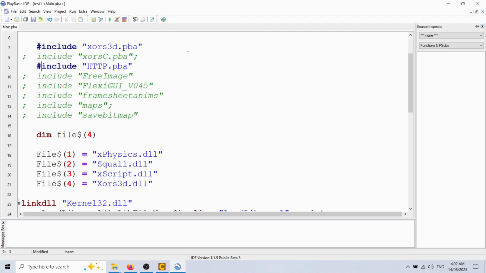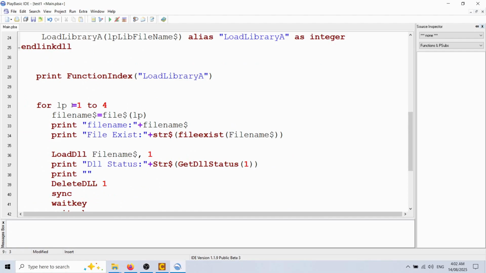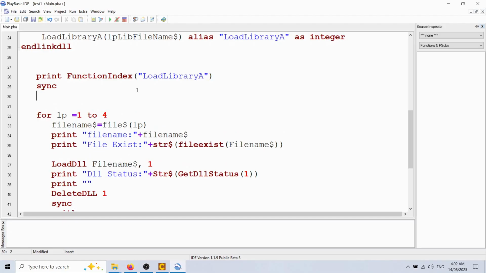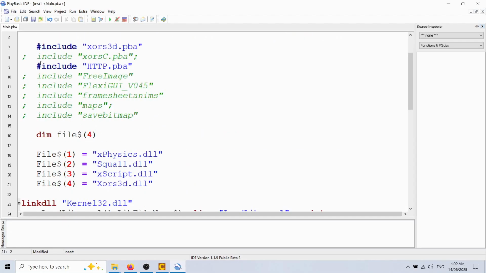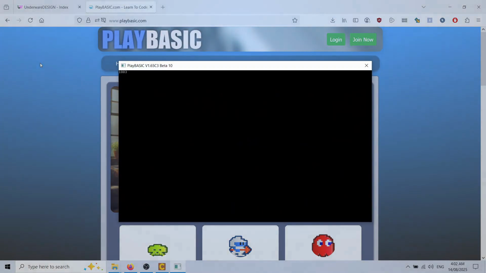I think internally the function tables were set to like 1,000, which is what this is doing up here. It's going function index. So that value that we see at the start, if it does actually run, is the number of functions that are in the table. So 1,003. So even that's exceeding the internal table. I think it's set to 1,000 different scopes. I don't remember exactly,